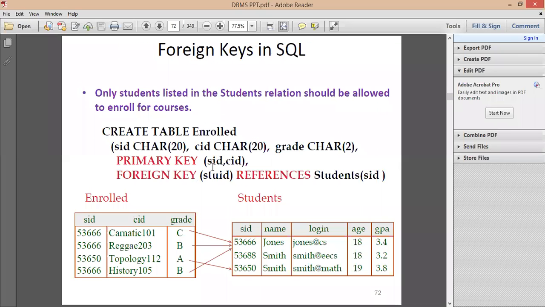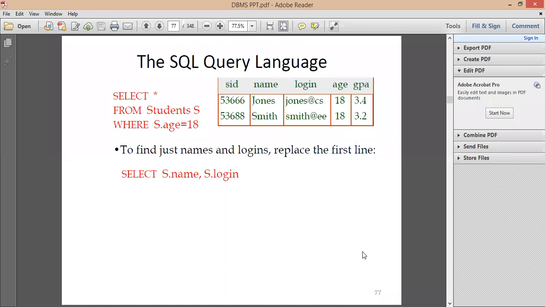We have this table here. You will have SID, name, login, age and GPA displayed of the students whose age is 18. Now suppose they give us the next condition: to find just names and logins, replace the first line.